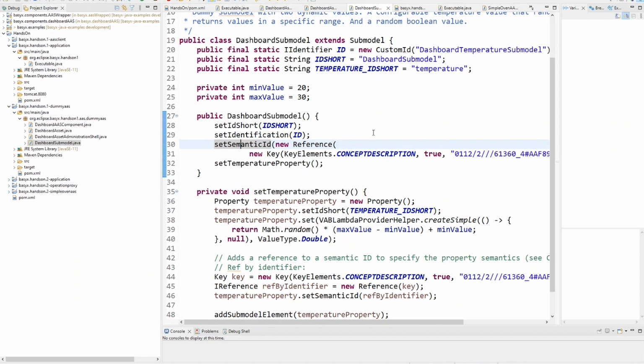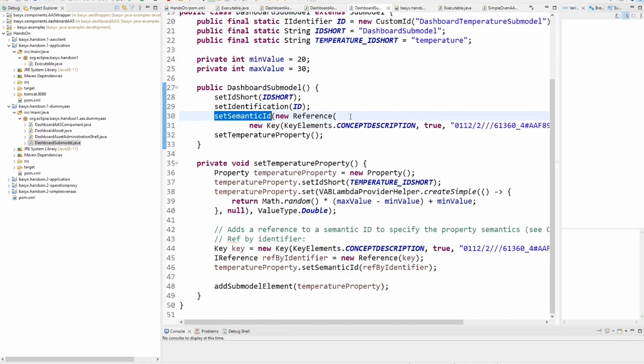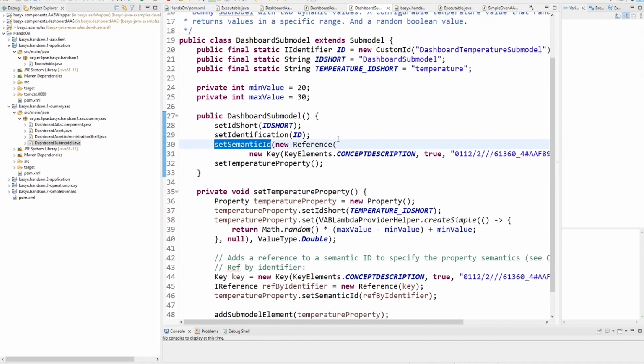Because in the asset administration shell, it's quite a feature that you can not only put data into the submodels or into the asset administration shell, but also annotate the data with its semantics. So, for example, for the temperature property, if you have a concept that defines outside temperature in Kelvin,